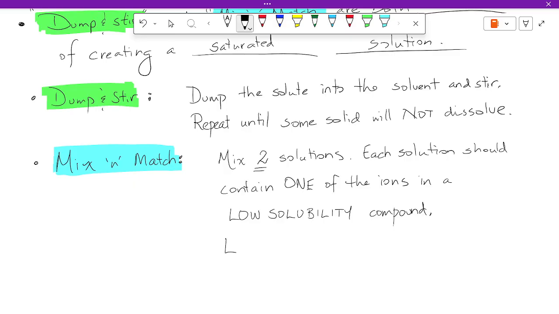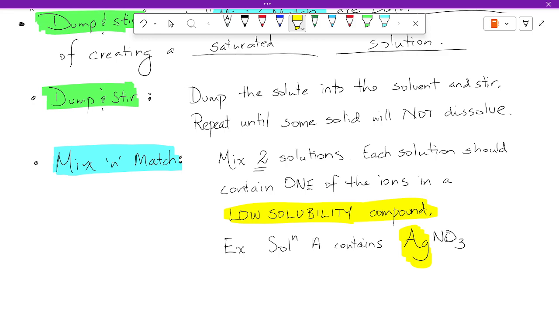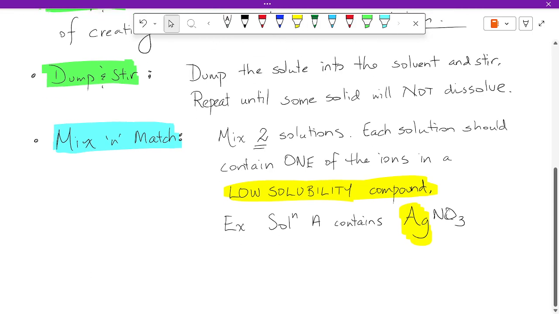So for example, solution A contains AgNO3. Solution B